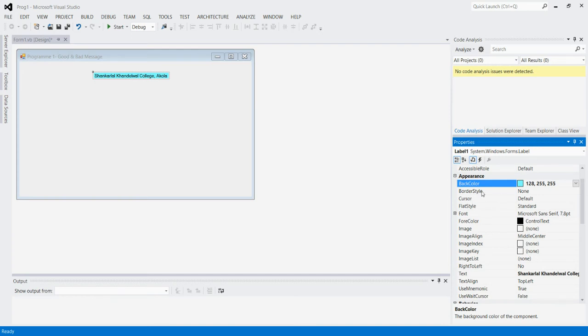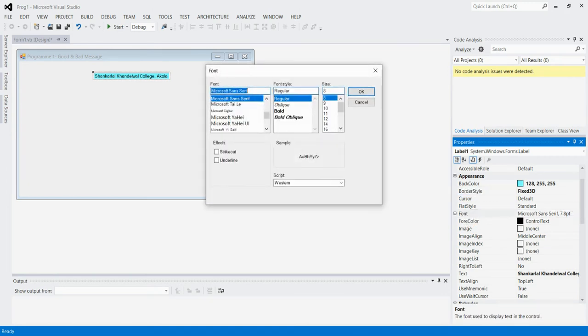In the same way, for BorderStyle, if we require it, you can choose FixedSingle, or you can change it into Fixed3D also. Then in the Font property, I will change the font, and select Bold Oblique over here, and the font type, whichever you like, you can select for that particular title of our college name.